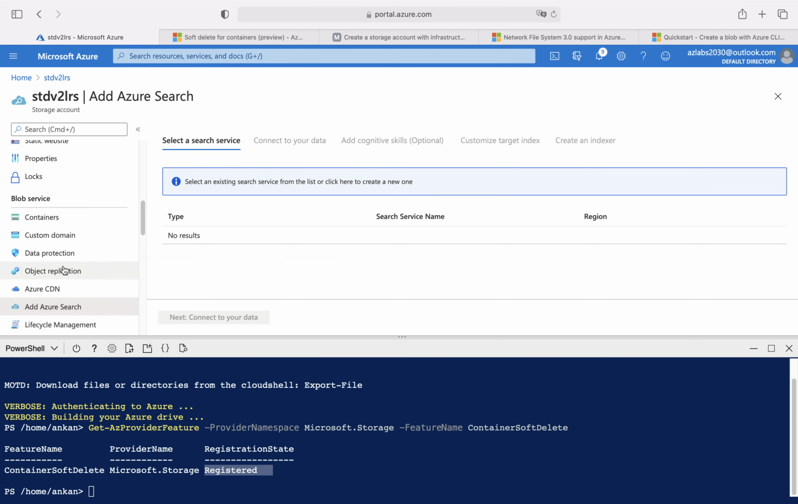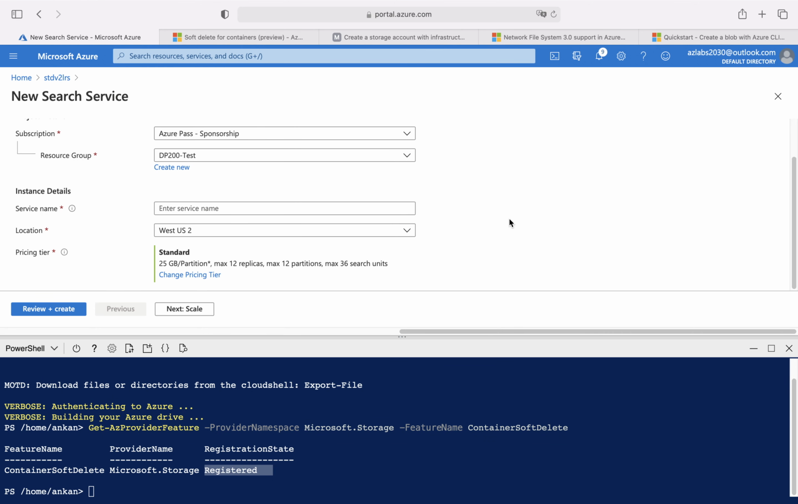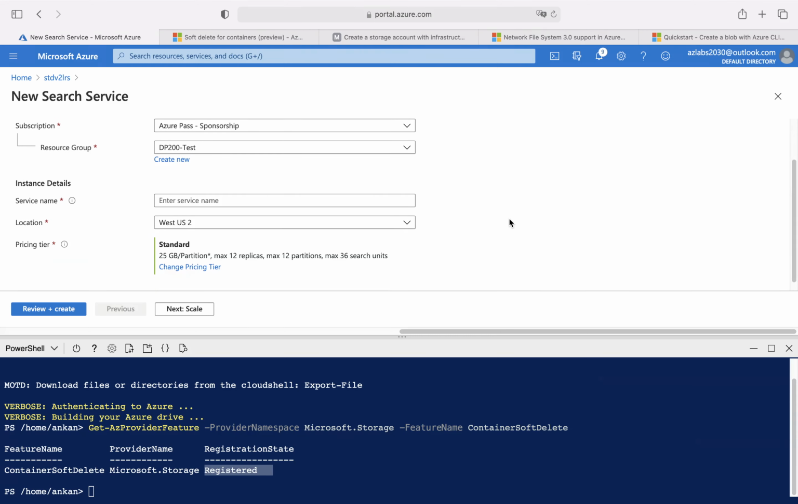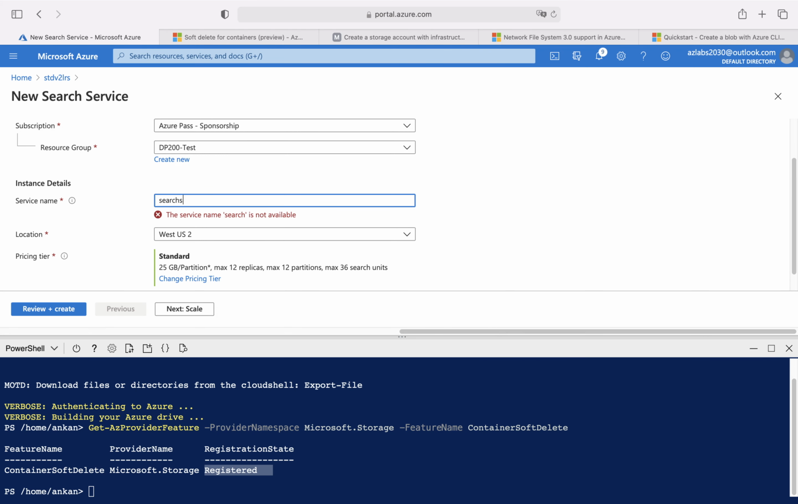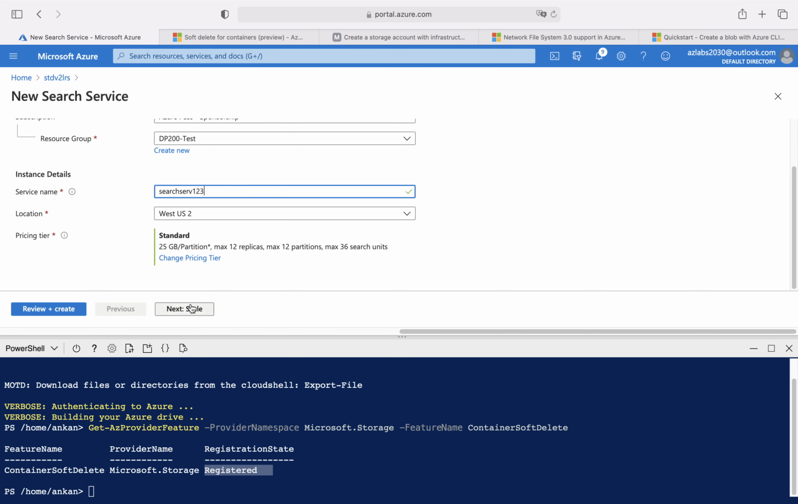Now Azure search, this is possibly a new feature as well. I have not seen this. Select an existing search service from the list or click here to create one. So I have not used this feature before. What it is telling us is you can create a new search service and we can use it. So search service 123 maybe. Okay, so that also looks like it has to be unique, and